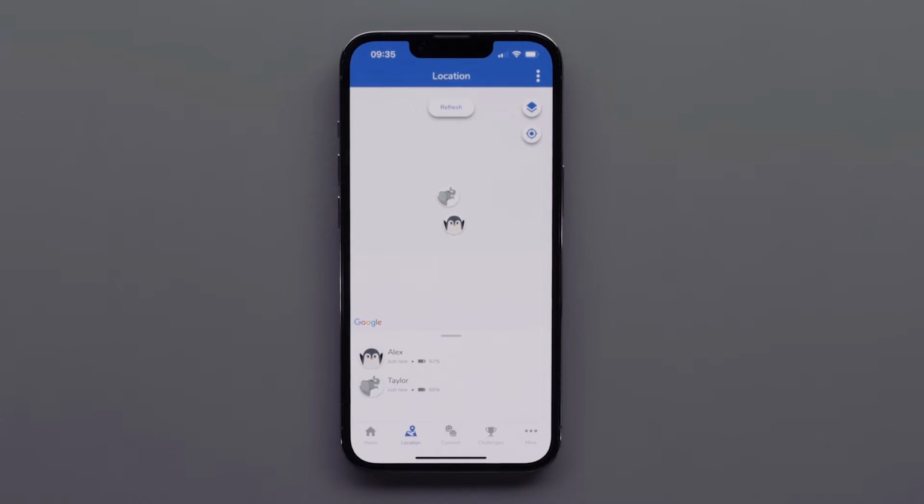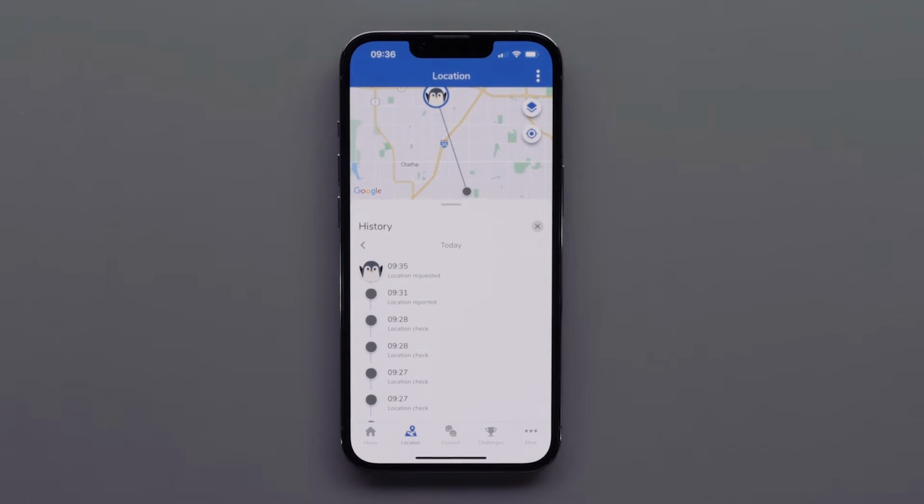For more information, select a child, then tap the History button. This view will show you where your child has been recently and at what time. Tap on a marked location and it will even show you the address of the location your child has visited and when. In History View, you can also see the times when your child has entered or exited any custom location boundaries you created. More on that later.